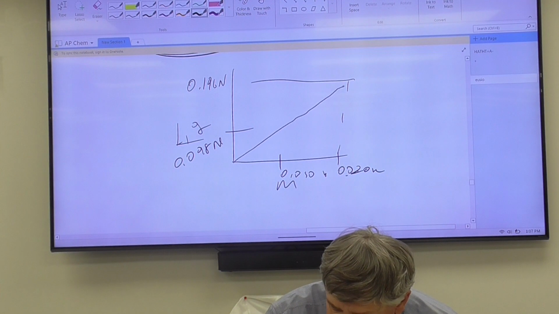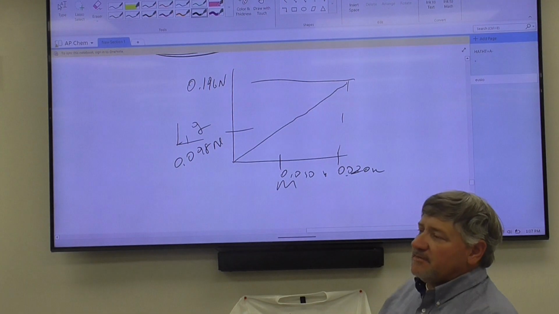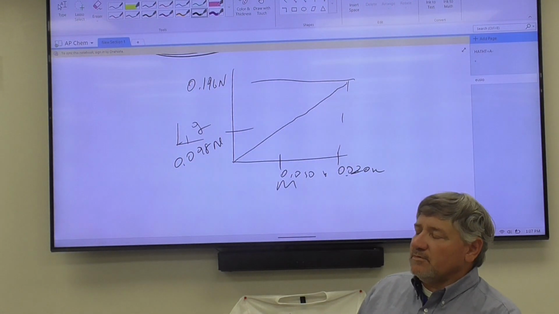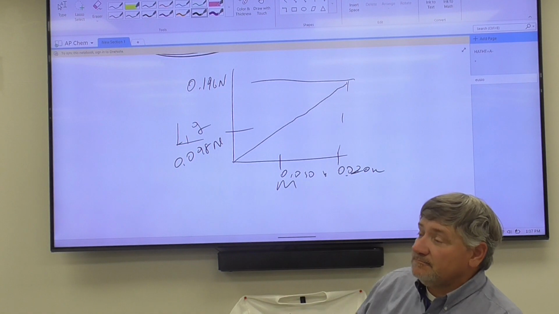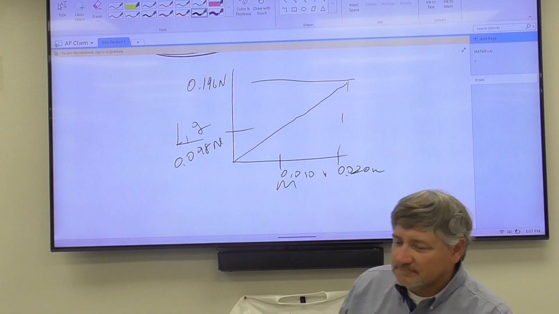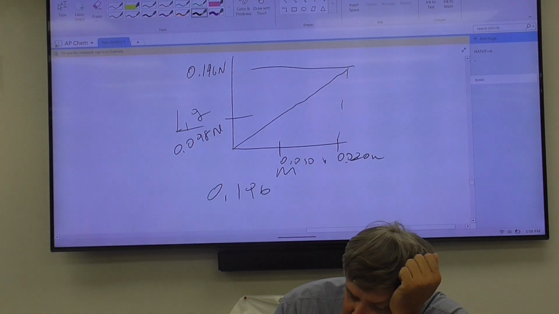Nice linear function like this. Sydney, do you have enough information to calculate the slope of that line? Yeah. What would the slope of that line be? How would you find it? I take the change in y over the change in x. So you're going to take 0.196 newtons